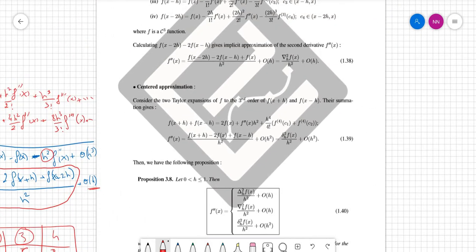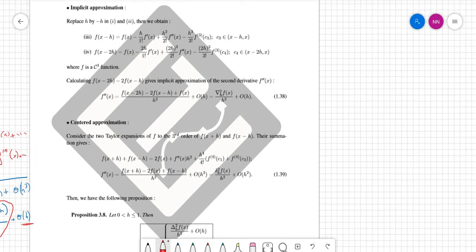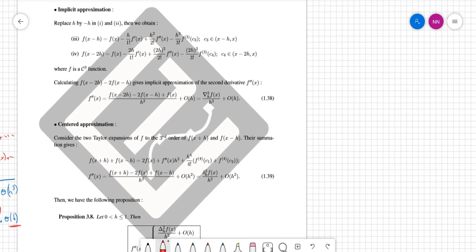approximations. Using the implicit approximations, we will apply the Taylor expansion for minus h and minus 2h instead of h and 2h, and we will have something similar to the expression with the explicit and the centered as well. To make the centered one, we will use f of x plus h and f of x minus h and combine them to obtain this kind of expression. Okay,